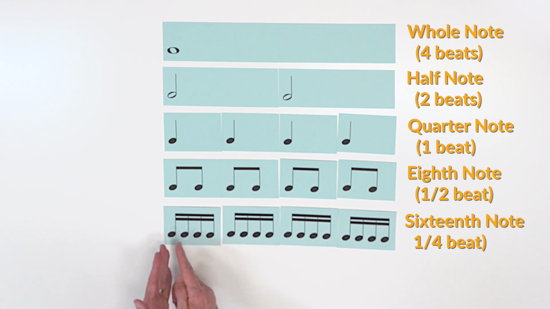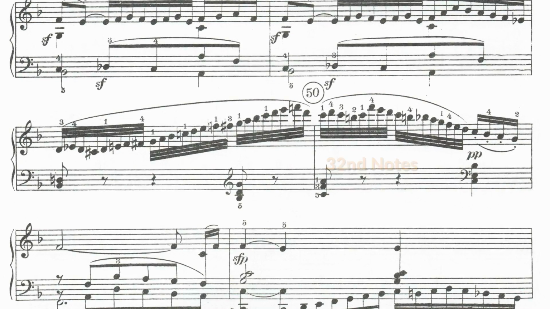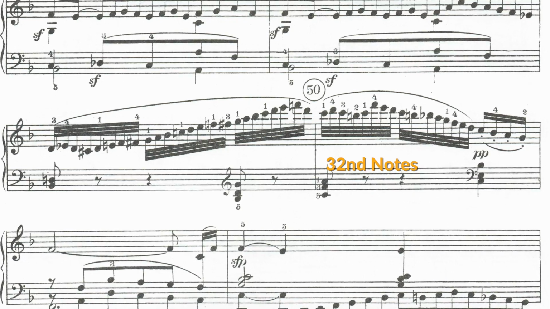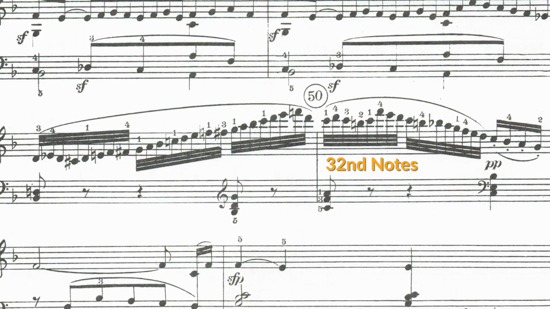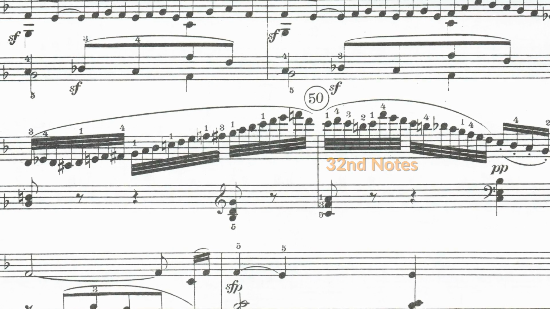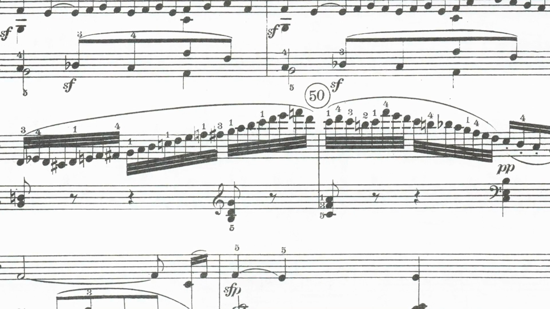But that's so many notes, I couldn't even fit it on one of my cards. So let's look at it in this real musical example. You'll notice that 32nd notes have 3 beams instead of just 2. So if 16th notes go this fast, ticky, ticky, ticky, ticky, 32nd notes are almost too fast to even say. They'd be more like